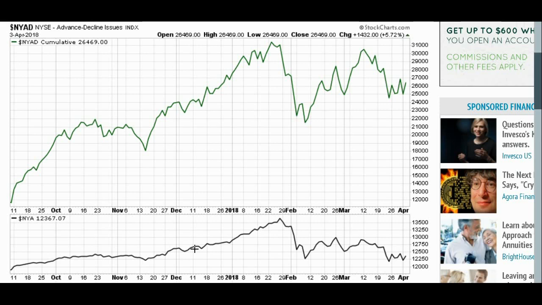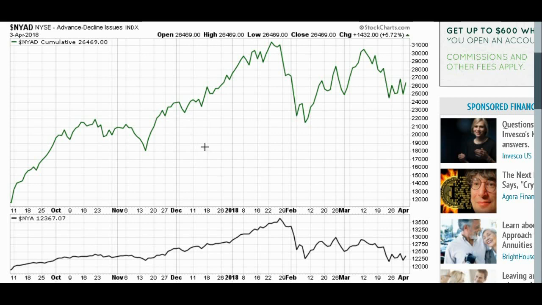What I would be looking at for a possible warning sign might be if the index itself, if the market was going up with higher highs, higher lows, that kind of thing, or just steadily going up. And meanwhile, if the advanced decline line was going down at the same time, if we had this line going up and then the advanced decline line going down, then that might indicate to me that not a lot of stocks are participating in the rally, and so that's not broad participation, and that could be a warning sign. So that's something to look out for.